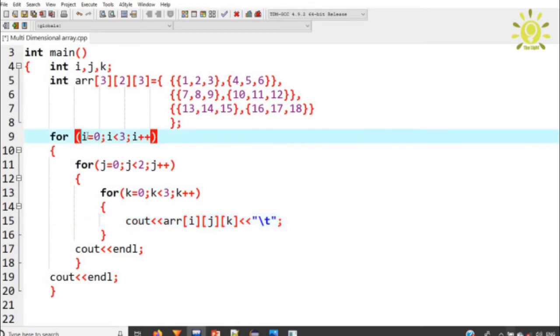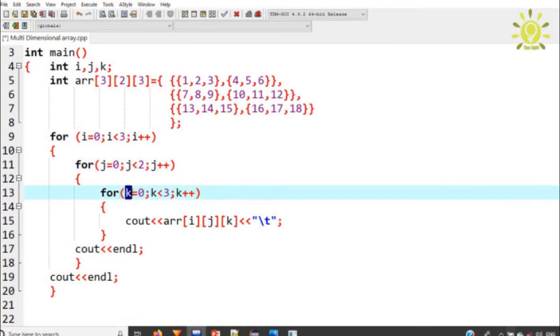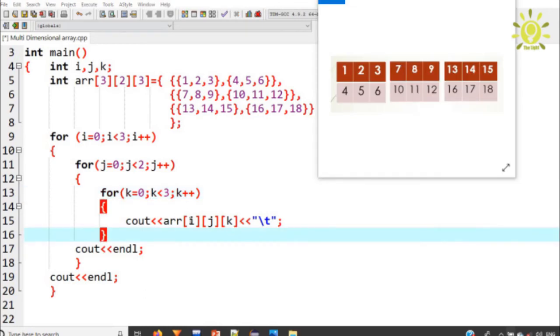So I is used for the dimension, j is used for the row, and k is used for the columns. So here I holds 0 value, j holds 0 value and k holds 0 value.